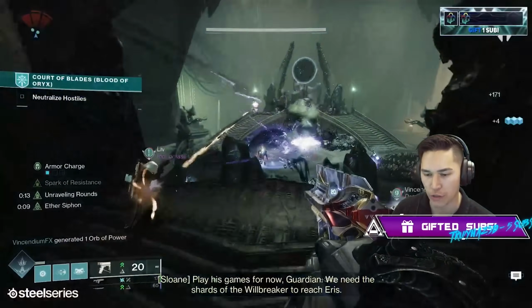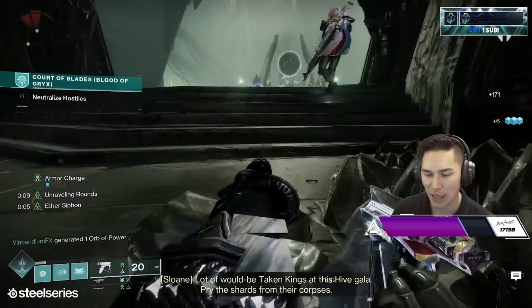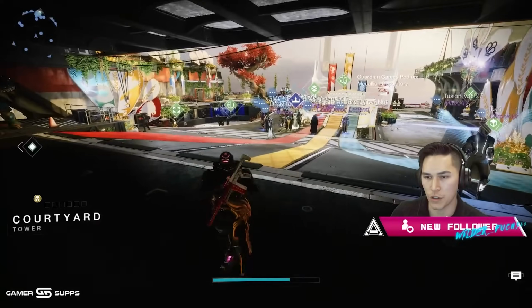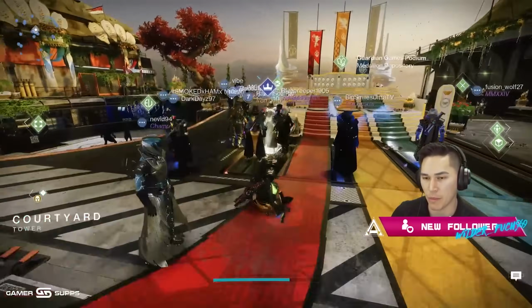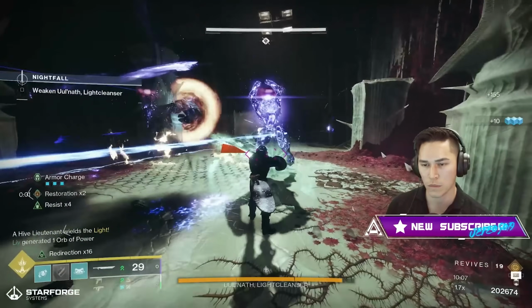Heresy Act 2 is here. And let me just say, guys, it is jam-packed. We not only have the new act and all that it has to offer, but we also have Guardian Games, which launched with a brand new activity. We've got Lotus Eater, which is the new Void Rocket sidearm, which is dropping from Nightfalls, which happens to be